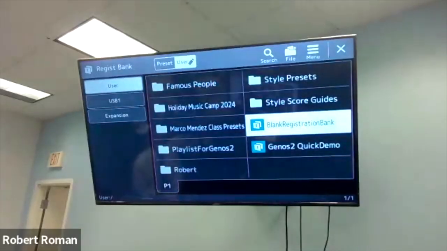and you'll see that this particular instrument, I have several things. I have Marco's Famous People, I have Marco's Class Presets, I have the playlist for Genos, I have a holiday camp that we did back in 2024, some style presets and scores, and then there's a folder labeled Robert. Now you can create your own folder,